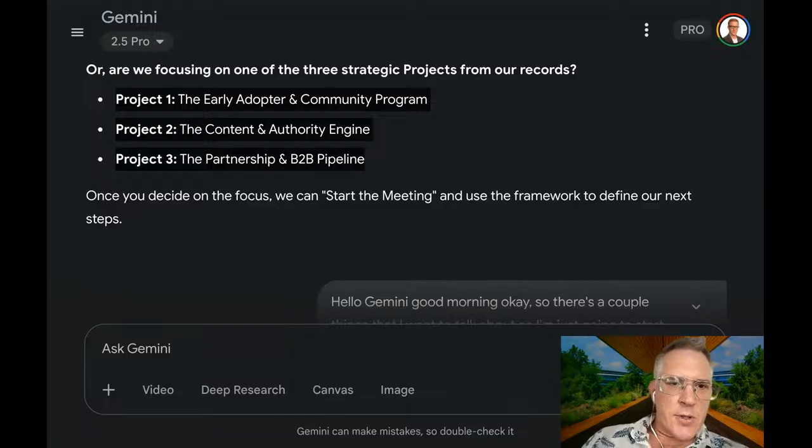I think I'll just leave the to-do list item there. And then here we'll put projects. Then we have our to-do list. Okay.